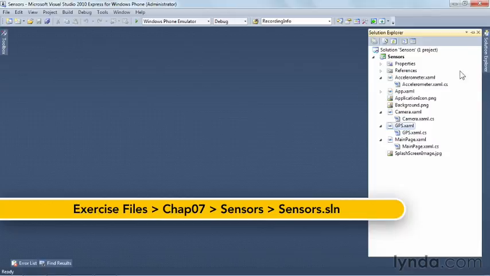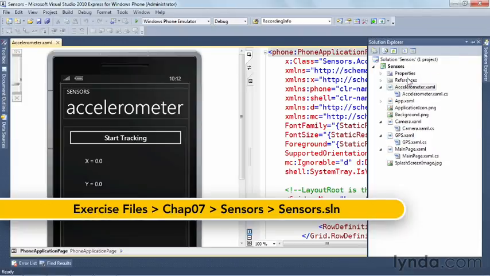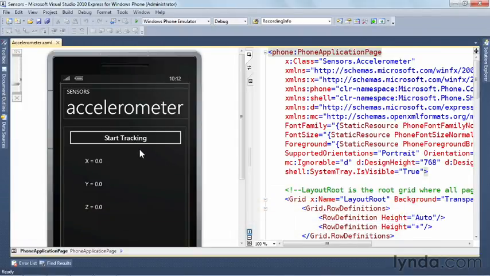And finally, let's take a look at how to use the accelerometer. Once again, back to our Solution Explorer. Let's open up the accelerometer page. And here, similar to the GPS, we have a button which starts tracking the accelerometer data because, again, it's event-driven,